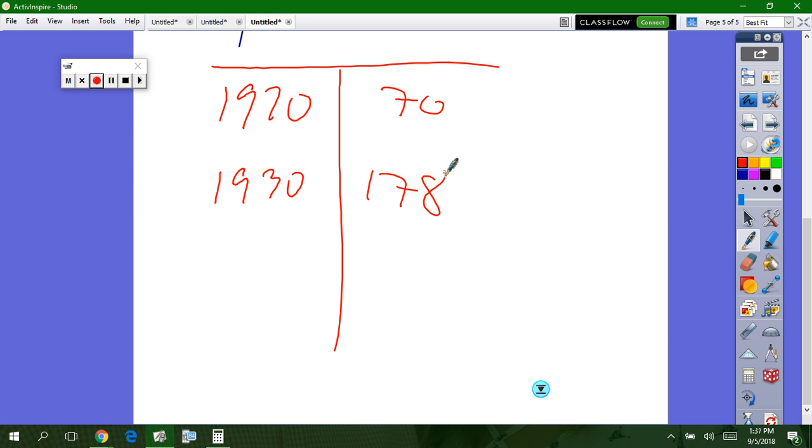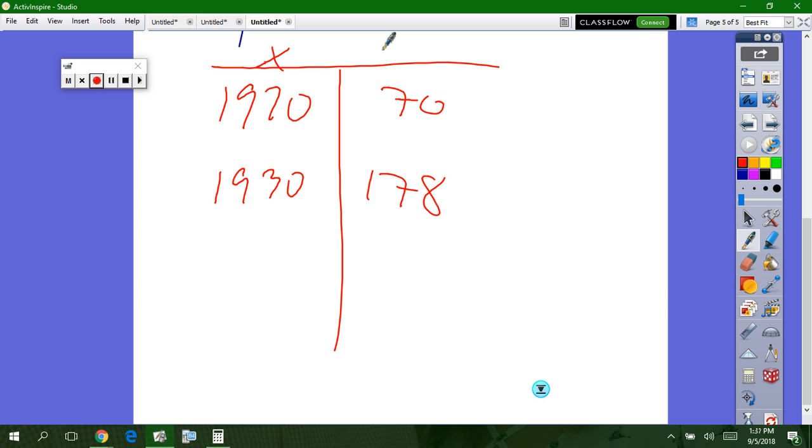Okay, so average rate of change. Does anybody know what that is? Slope. So write that in your notes. Average rate of change is just slope. So, once again,